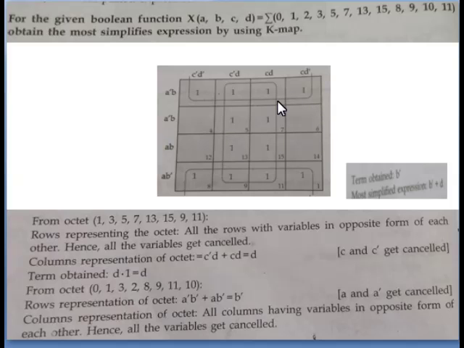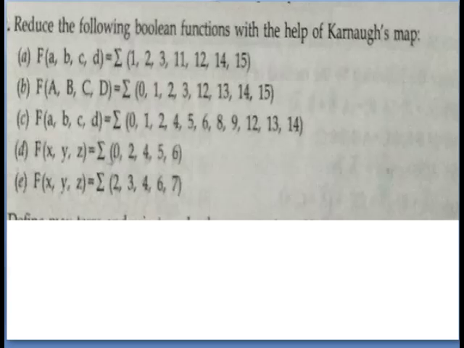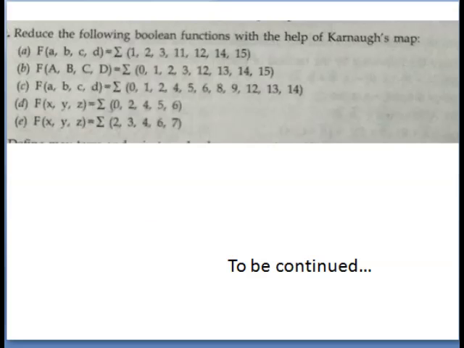Students, here I have given some questions based on sum of product expression. You try to reduce the following Boolean functions with the help of K-map. The questions are again given here. If the sigma symbol is there, this means it is a sum of product expression. So this is a 4 variable, here also 4, here also 4 variables, these two are having 3 variables. Okay, you practice all these questions.